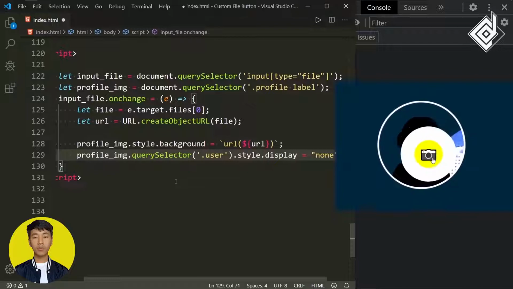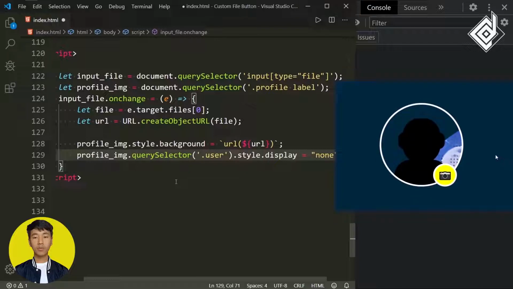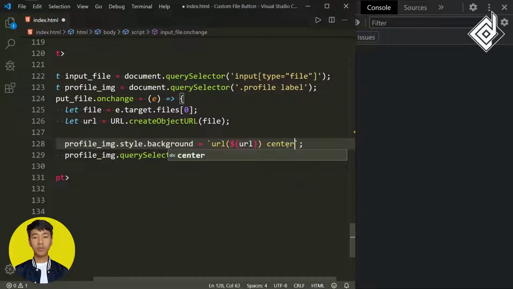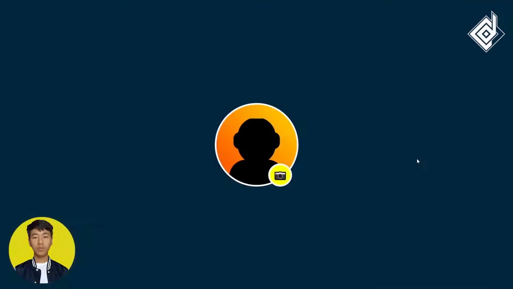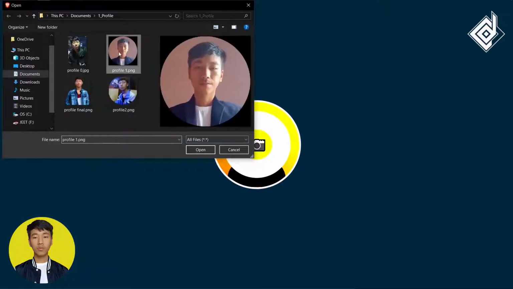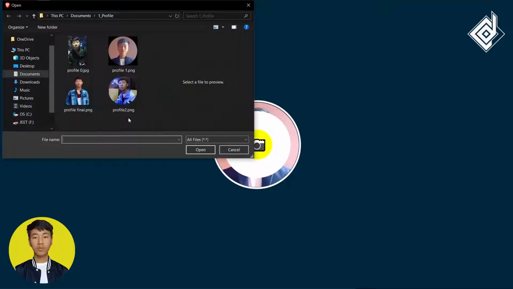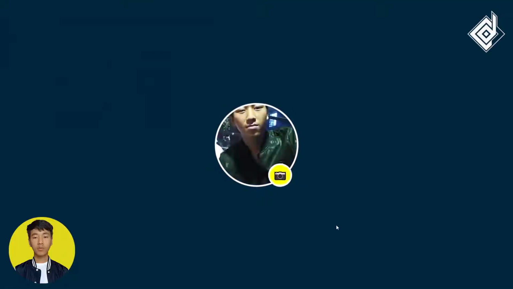Okay, and also in the previous output, you could see the background image was not in the proper position. So for that, let's keep the image position to center, and for the image size, if I type slash and give cover, and once again, let's go to the browser, and if I choose this image, now you can see it's working. So this is exactly what we want. Now you can see that before uploading any file, you can preview any image.